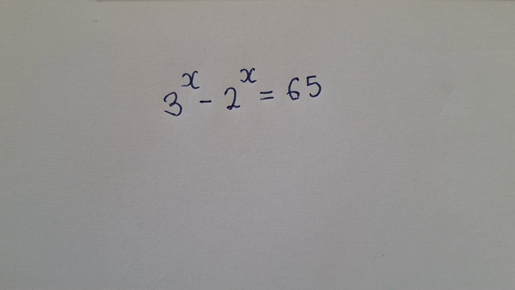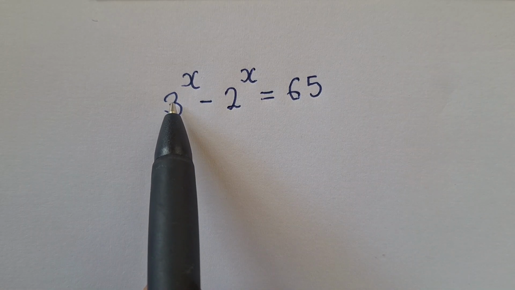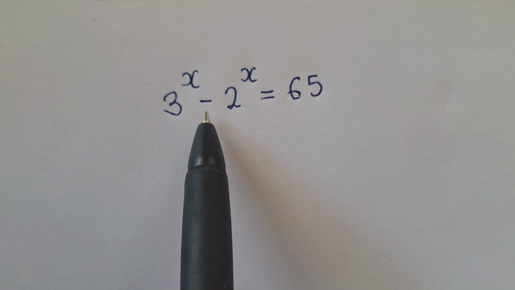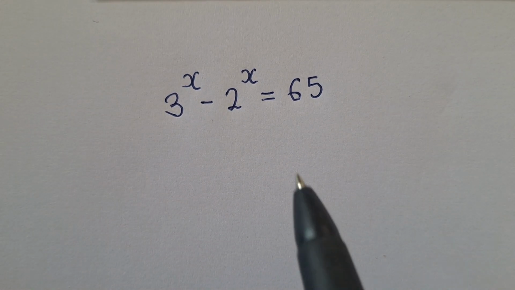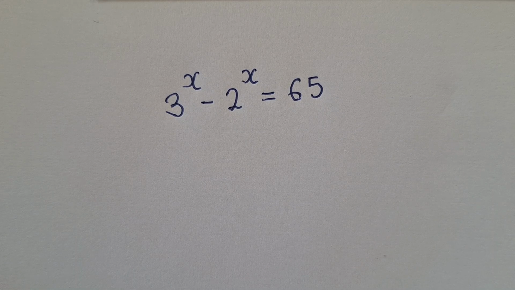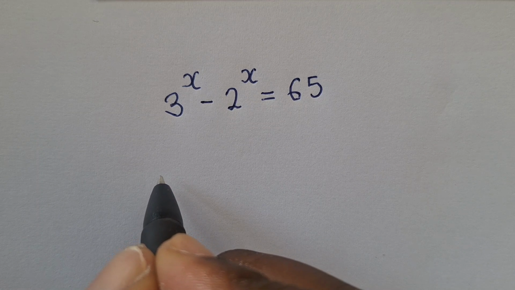This is Sichamba Jacob. Alright, so we've got 3 power x minus 2 power x is equal to 65. So to find the value of x right here, we're going to write this as